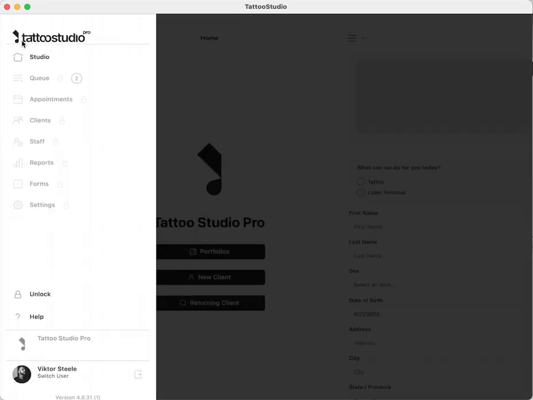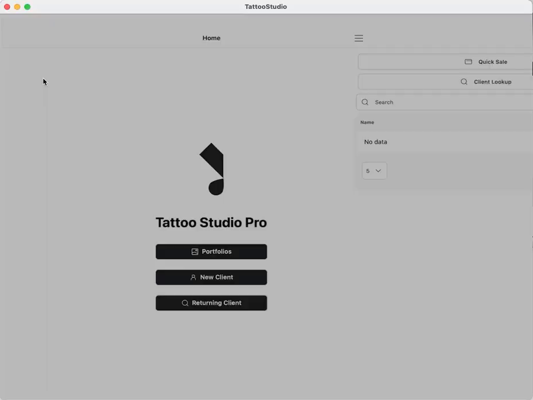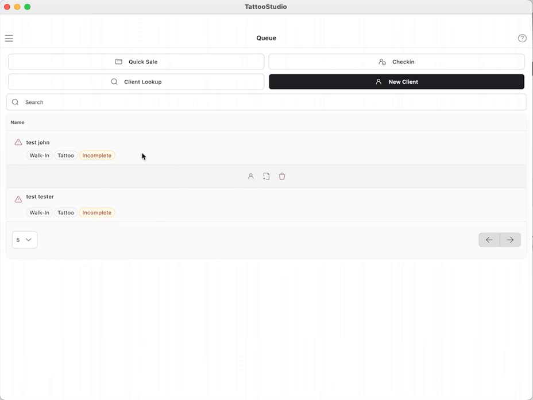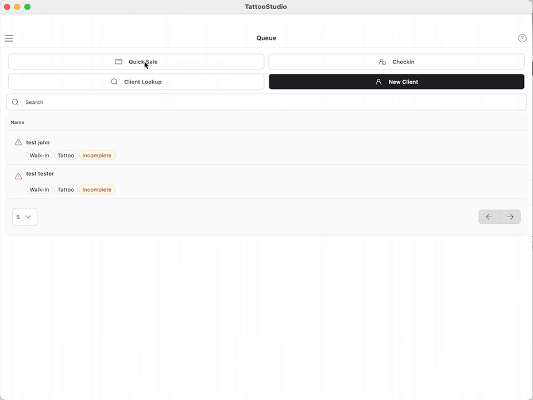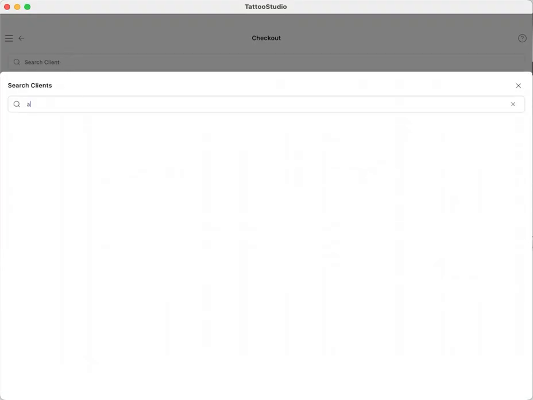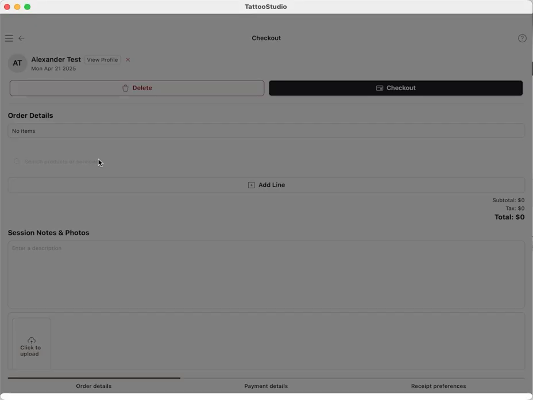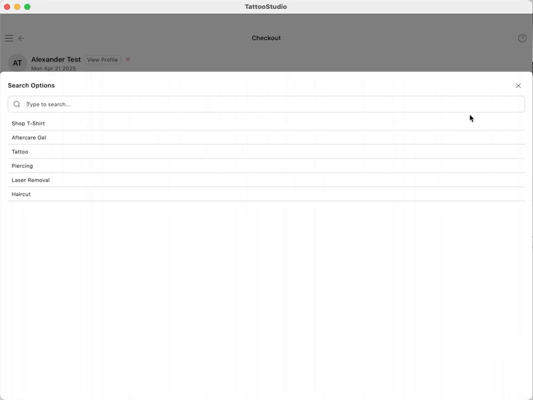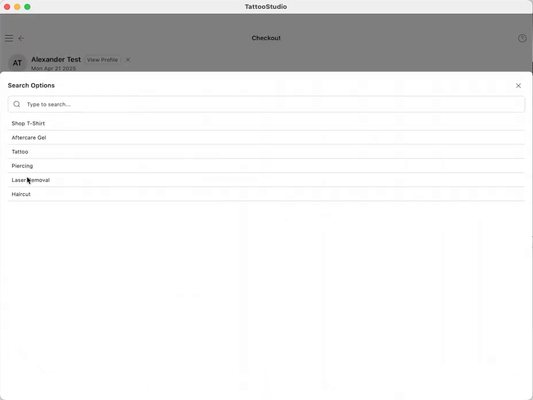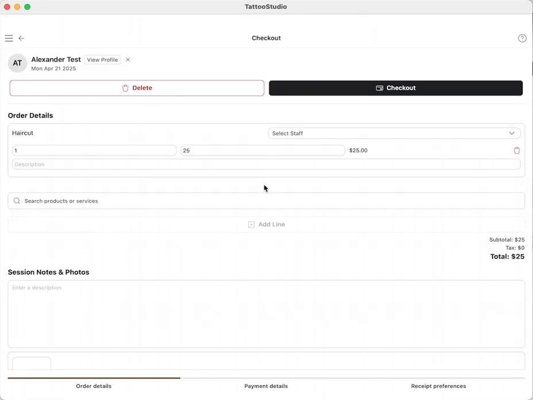But where you will see it is if we go to the queue, and these would be consent form customers. So these would be anybody who's got a consent form. If we want to check somebody out for a haircut, we can just click the quick sale button. We can search for the client, select the client, and then we can add the service by clicking this button here, search products or services, and we've got a haircut right here, and then we would add it,